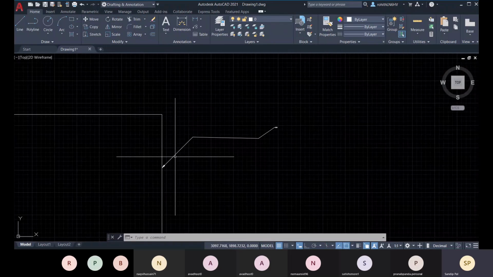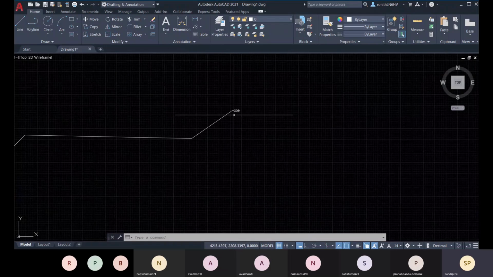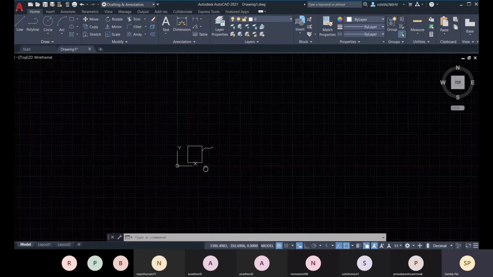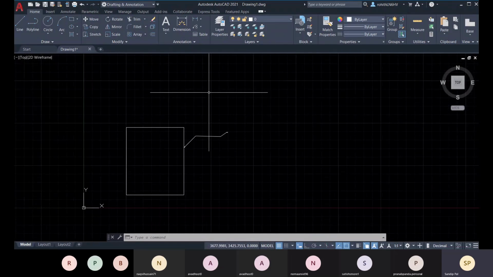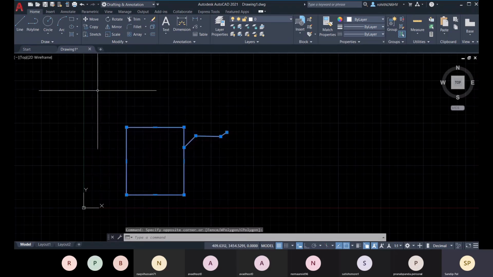If you need to collect like this, you can choose that. For that, your multi-leader type should be block. That you can set within your multi-leader style.